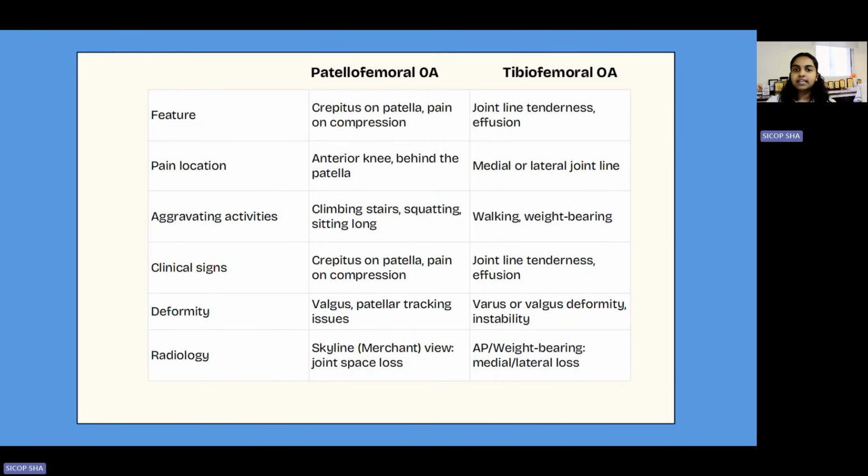The deformity seen in patellofemoral OA is valgus and patella tracking issues, whereas in tibiofemoral OA, we can see severe varus or valgus deformity or any instability. We can see the patellofemoral OA in radiology